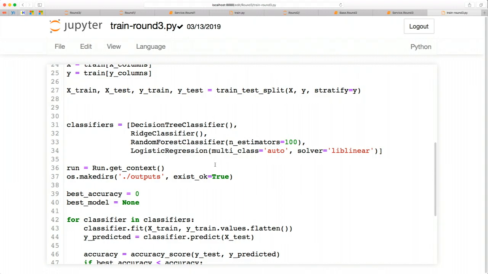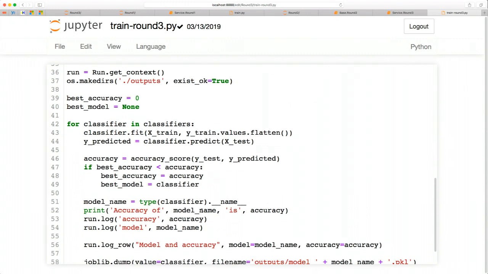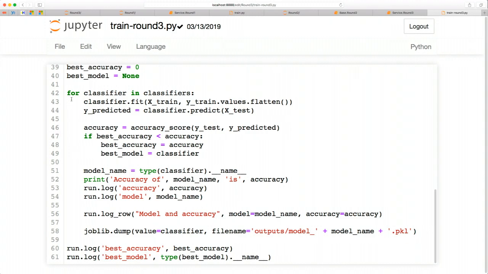So all I'm doing here is creating an array of classifiers, and then running the model, trying to fit the classifier, calculating its accuracy, seeing if the accuracy is better than the best one or not, and then just logging that accuracy on the model. And I'm doing that all in a single script, right? Also dumping the model so that it's uploaded automatically to the experiment.